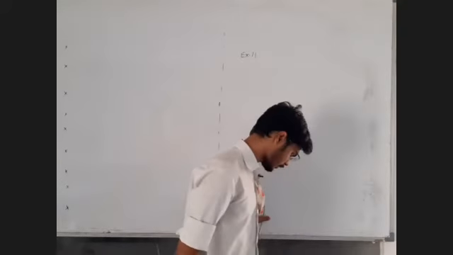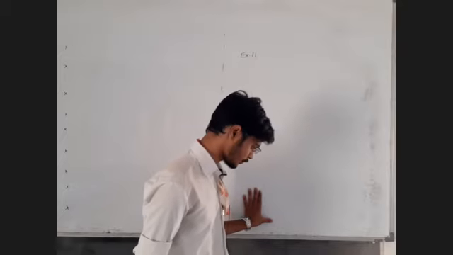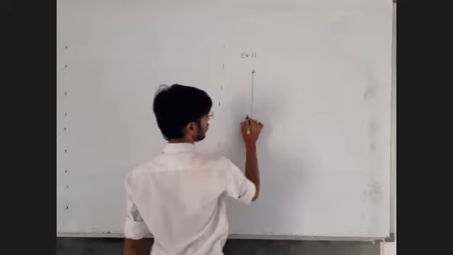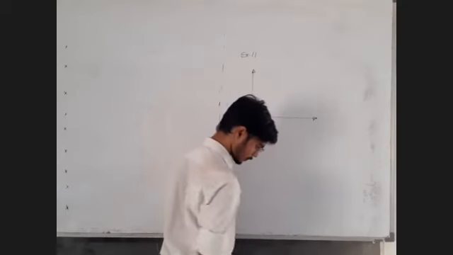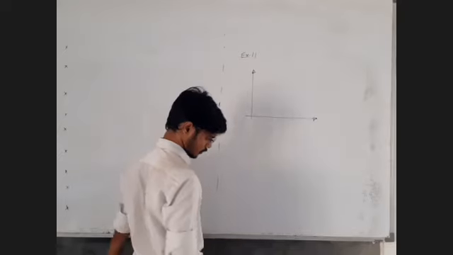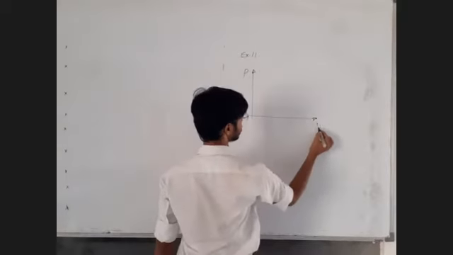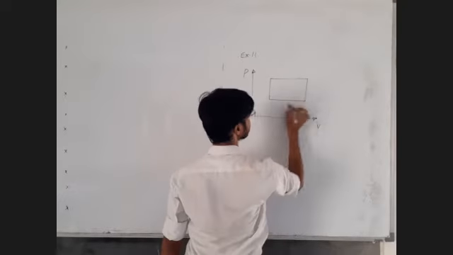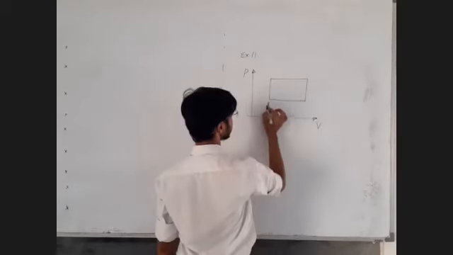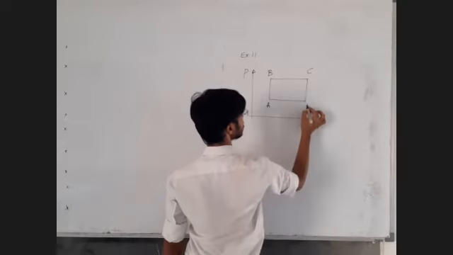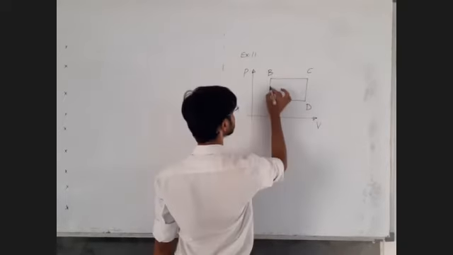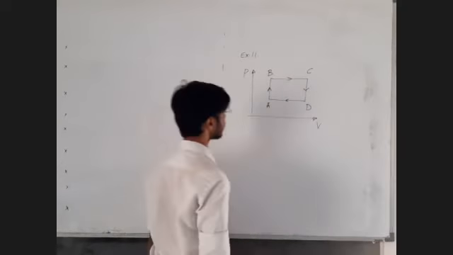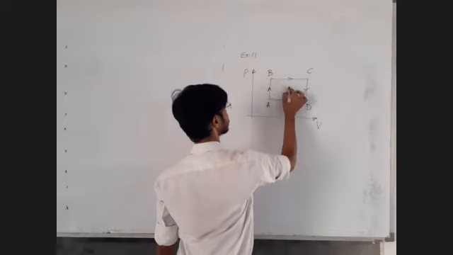Find out the work done in the given graph and also draw the corresponding temperature-volume and pressure-temperature curve. The task is to find the work done and the corresponding curves. So a PV graph is given to us. Pressure-volume, the graph is something like this, a rectangle. Here is point A, here is B, C, and D is here. So this is clockwise, right? The cycle is clockwise. We know the area enclosed inside the pressure-volume graph is the work done.